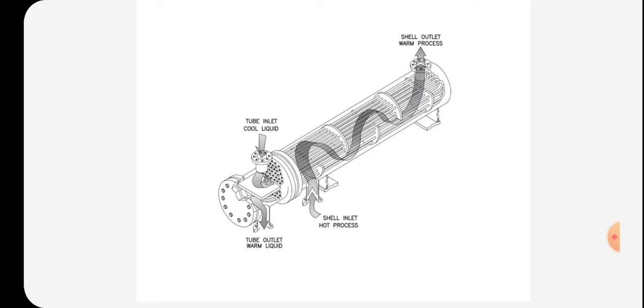One tube sheet is there, a tube inlet for cool liquid is provided, then a tube outlet for warm liquid is also provided. Shell inlet hot process fluid goes inside and shell outlet warm process fluid comes outside. This is the typical arrangement for the shell and tube heat exchanger. At one end the flow inlet and outlet are provided and one tube sheet is attached where the tube bundle is pressed inside the tube sheet. This is the U-type shell and tube heat exchanger. In between, the baffles are provided, and the tie rods are also provided.